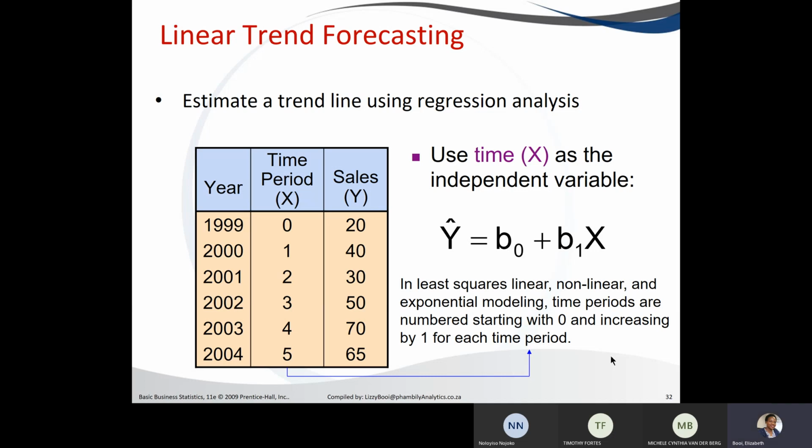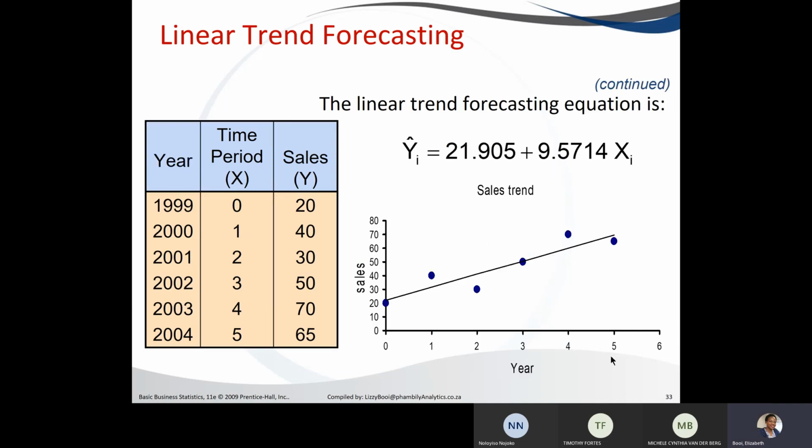With the linear trend, I'm not going to go into too much detail. We can plot this on a graph and it will look like this. And we know that the formula for the trend line is given by